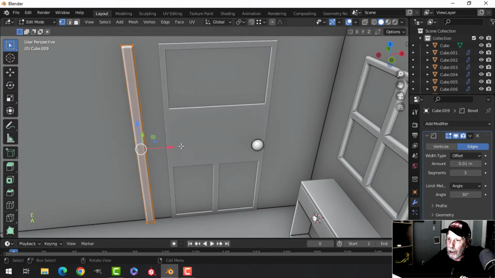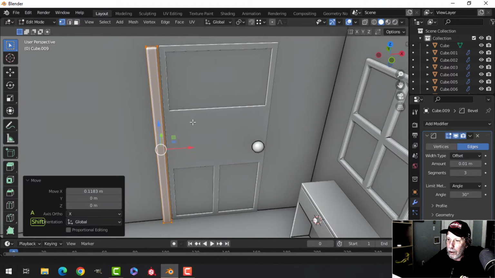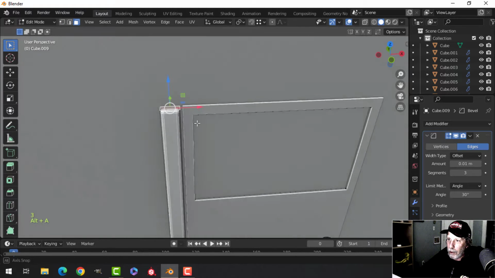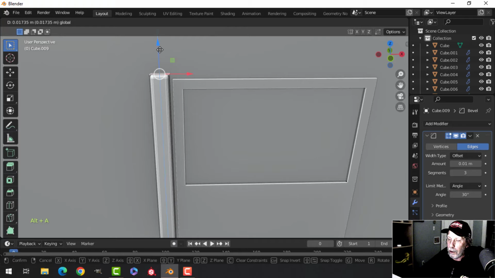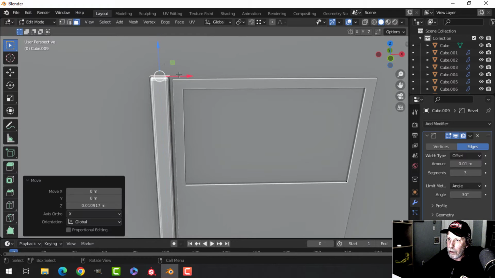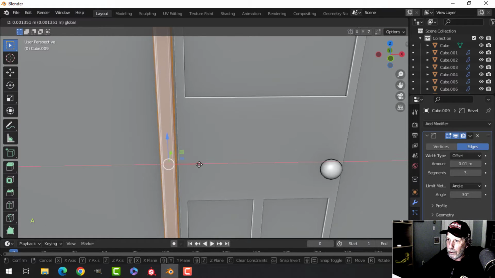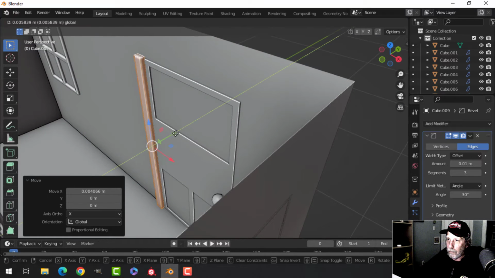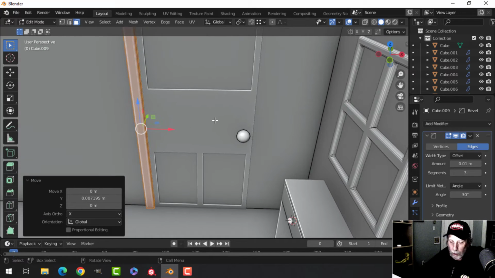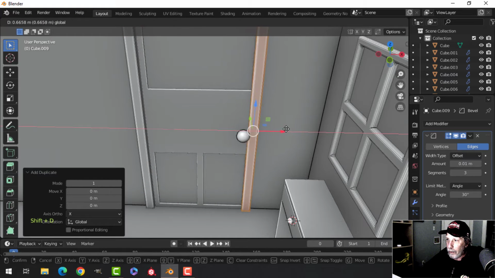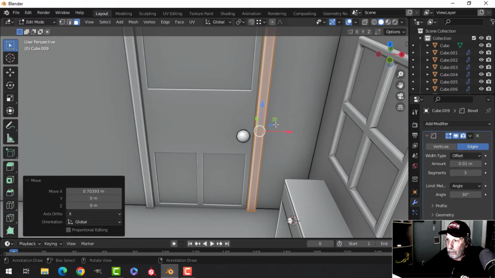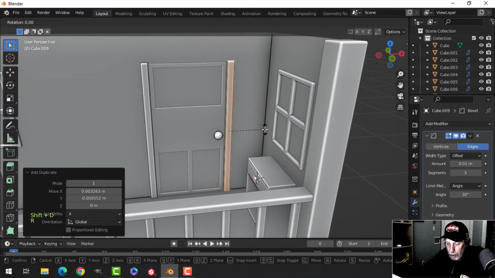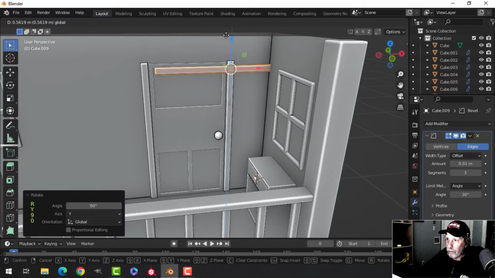Just come out like that, and maybe grab that, maybe pull it up a little bit, the other piece on top of that. Let's start with that